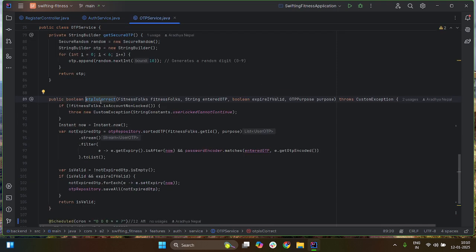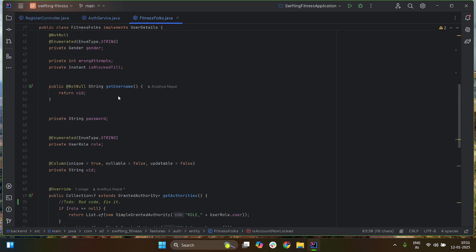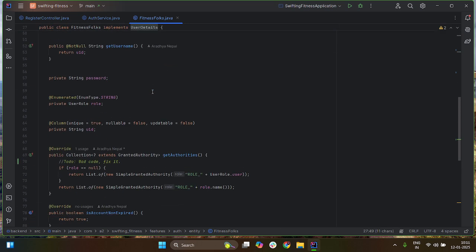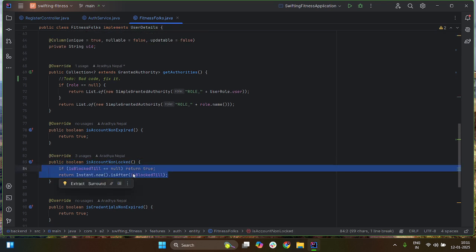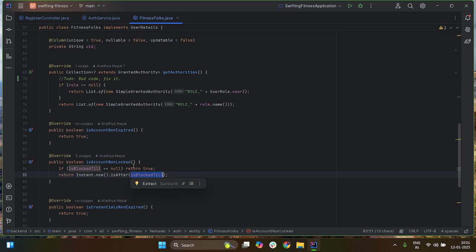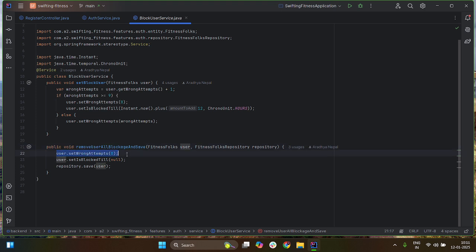When I check if the OTP is correct, there is the check whether the account is locked. I've already explained this, I think, in the previous video. This is the UserDetails interface of Spring Boot, and we have overridden this method, and in this method we implement the logic that if an account is blocked, then this flag will be false. After that, there are two things. If the OTP is valid, we will remove all of the wrong attempts of the user. What I mean is that